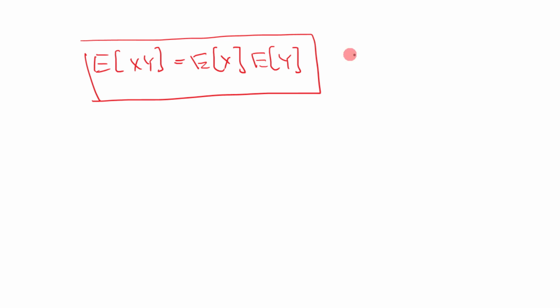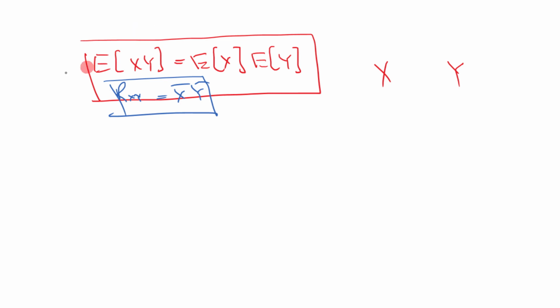This expression will be true if your two random variables x and y are uncorrelated. We have already seen its proof, where we represented this expected value of x, y with Rx or correlation, and it will be equal to x bar and y bar. If this expression holds, then you can say your two random variables are uncorrelated. We know that statistical independence is sufficient to guarantee that two random variables are uncorrelated. But we can't say anything about independence if we know that two random variables are uncorrelated.